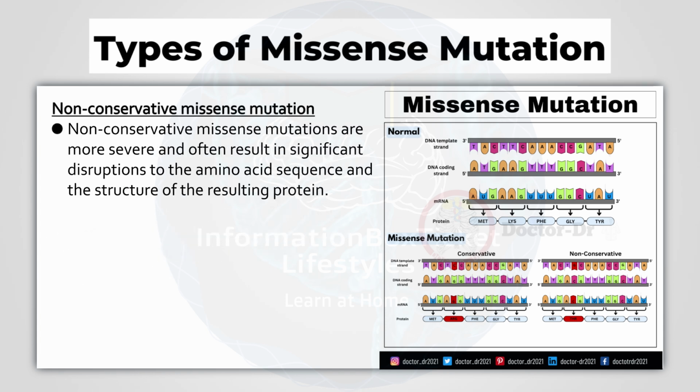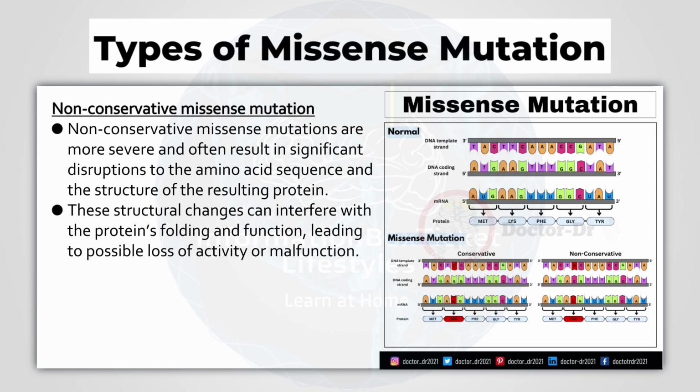Non-conservative missense mutations are more severe and often result in significant disruptions to the amino acid sequence and the structure of the resulting protein. These structural changes can interfere with the protein's folding and function, leading to possible loss of